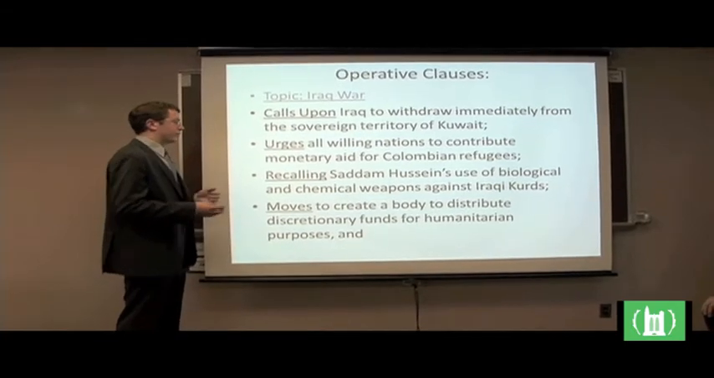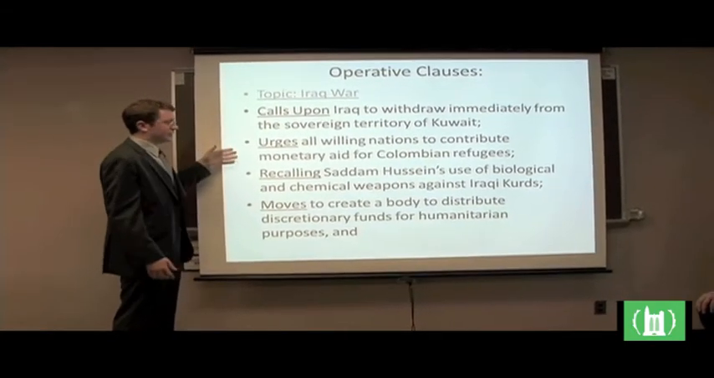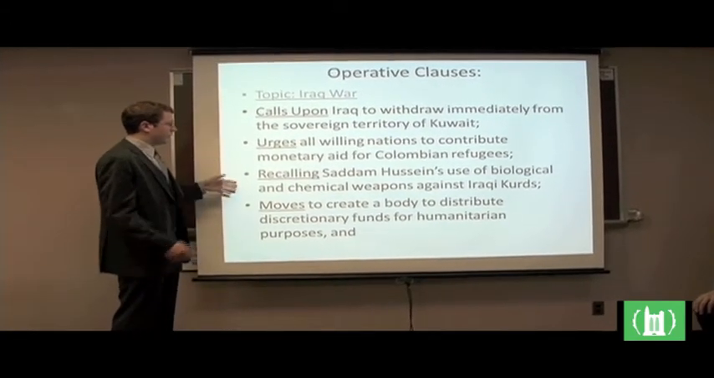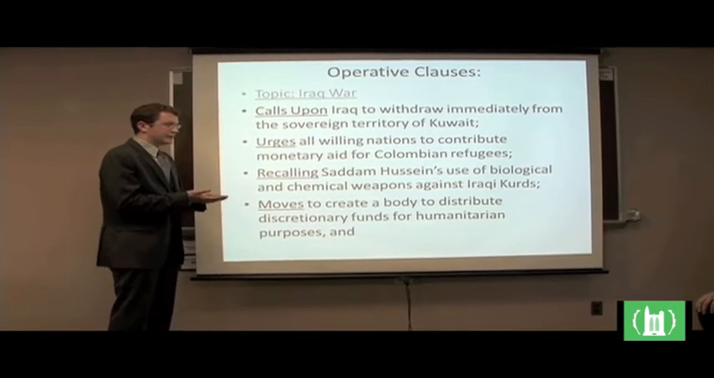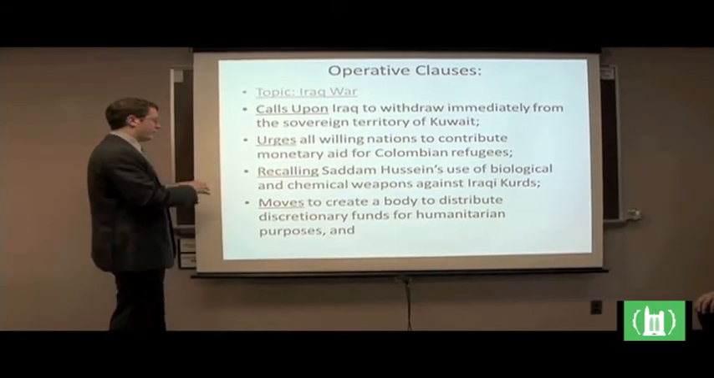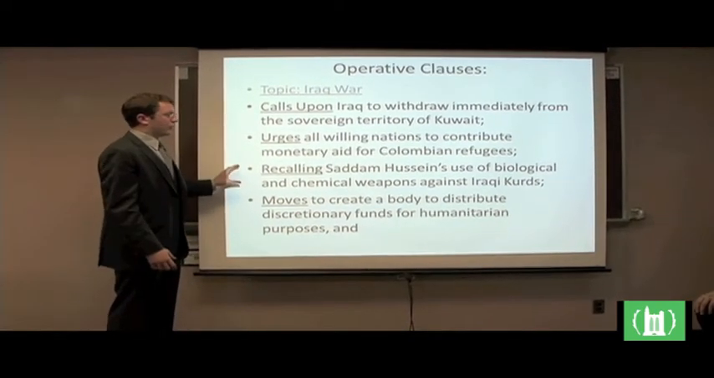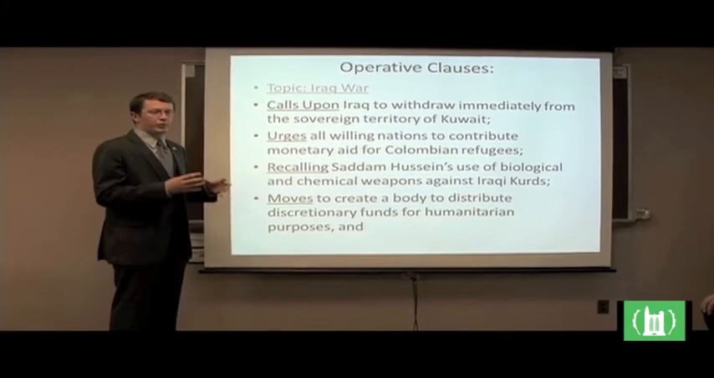Perfectly decent clause for, say, a drug trafficking resolution, but this is not pertinent to the Persian Gulf War. The third clause here: recalling Saddam Hussein's use of biological and chemical weapons against Iraqi Kurds. This is sort of the reverse of what we had on the previous slide. This is a perfectly good preambulatory clause. It's just not meant to be an operative because it's drawing attention to a facet of the problem without taking